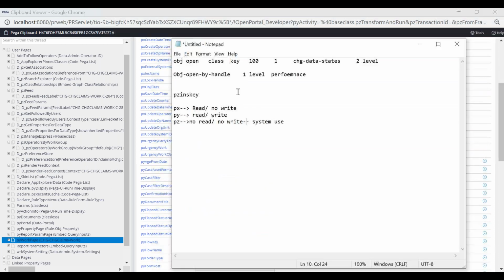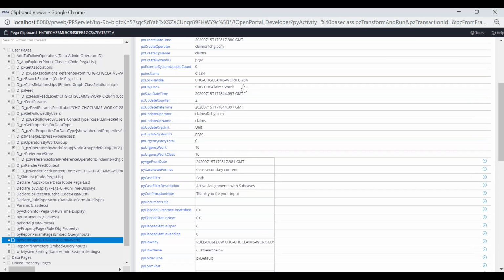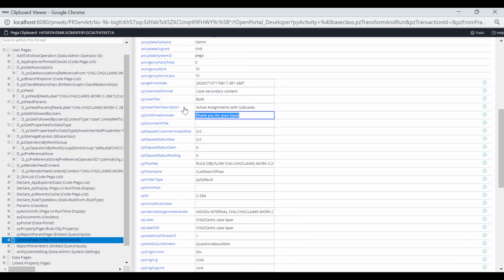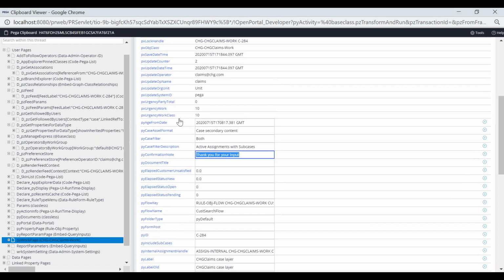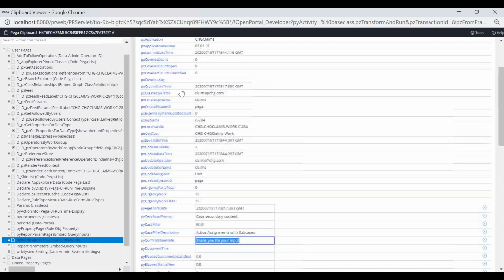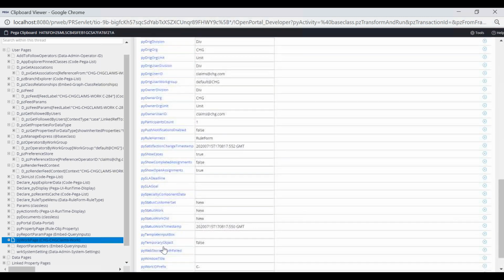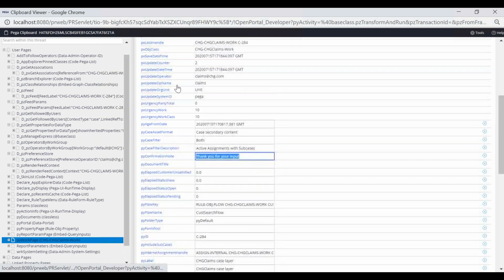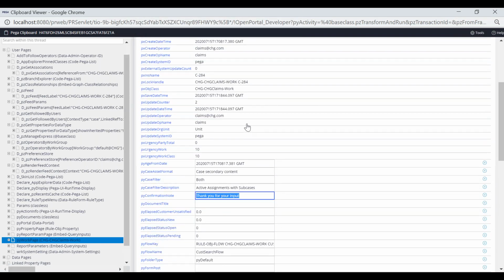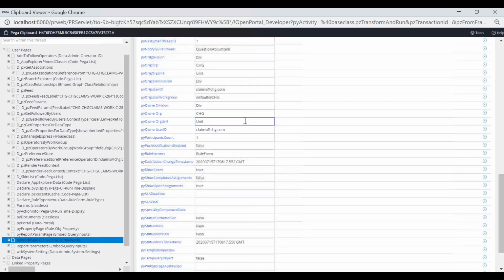So at the last, if we just submit the work object ID, we'll see some message like thanks for giving the input, right? So that is this one. If you want to make this editable, you can edit it. We can also use activities and set new values using property set. Even that is possible, and that too only for py and the normal user defined properties. px properties will not be changed for sure, and pz properties also will not be changed. px properties I can use for the processing, and pz properties will not be used anywhere. Clear?